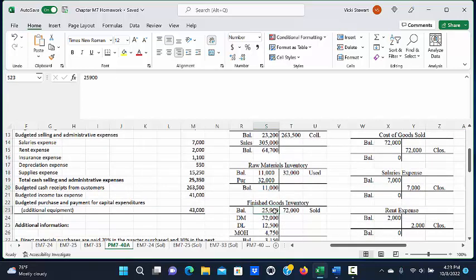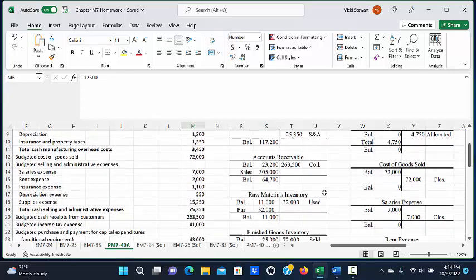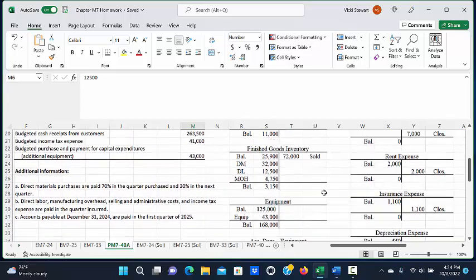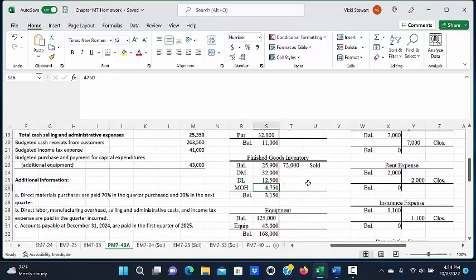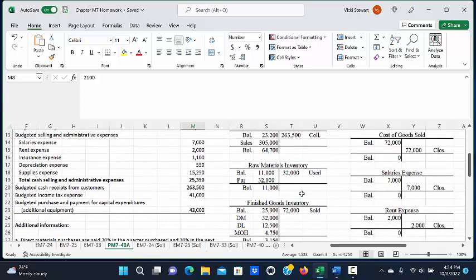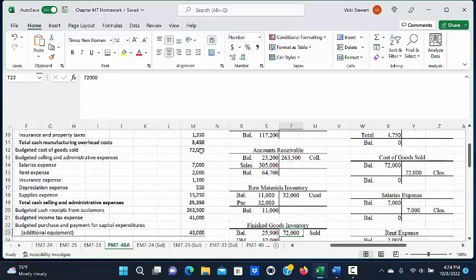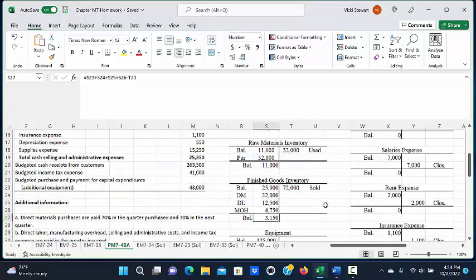For our finished goods inventory, we started off at the beginning of the quarter with $25,900, and we would have added to that our direct materials that we used of $32,000, our direct labor cost of $12,500 that was given to us in the problem, and then we would have applied or allocated our manufacturing overhead of $4,750, which would have included all of these items, including the depreciation. So when we add our debits and subtract the cost of goods sold that was given to us again in